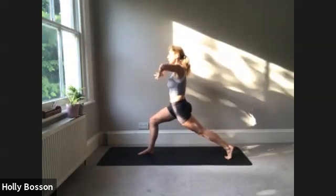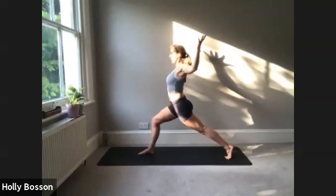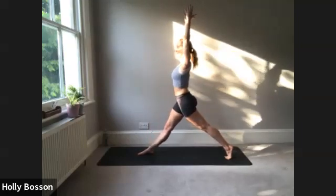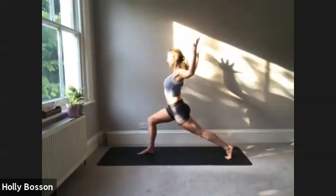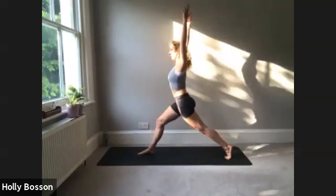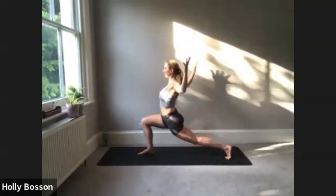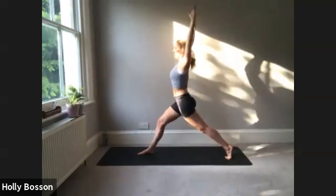And then we're going to open the arms so that we're opening the chest. Arms are behind the shoulders. And then extend the front leg and lift the arms up over the head. As you draw the elbows back to that first position, we come back into a lunge, bending the front knee. And then extend the arms and front leg. 2 more times. Lower down. And lift up. Exhale down,